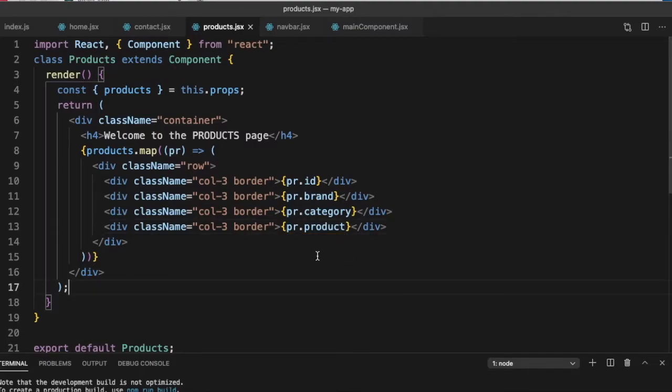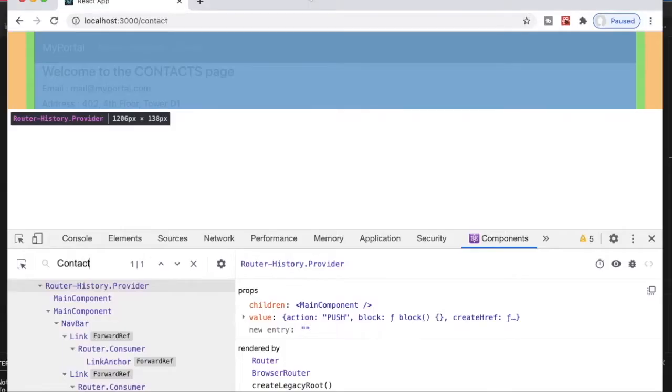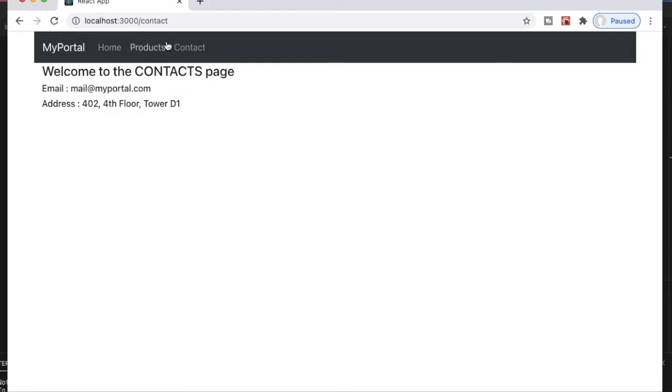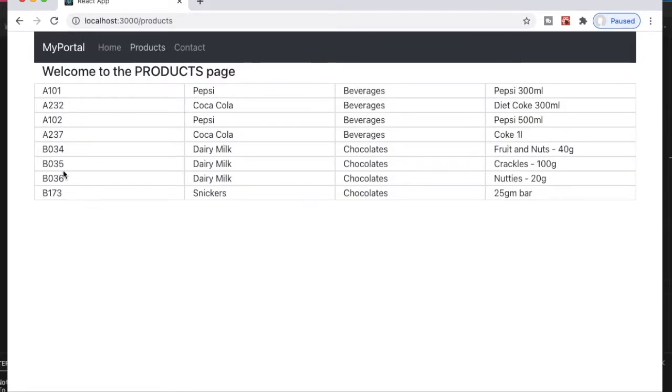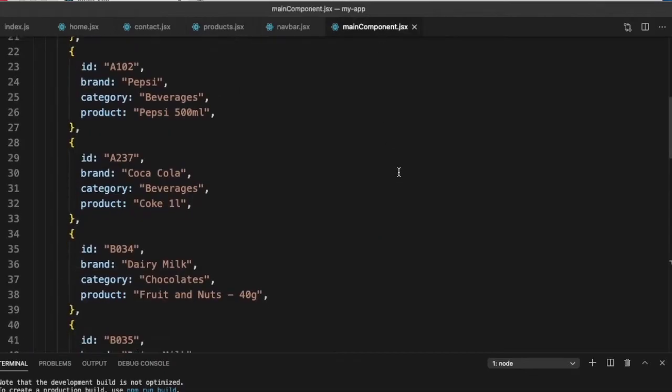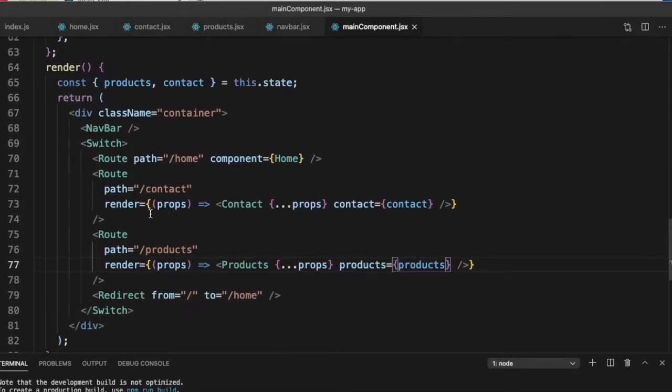So this should display the products in a table. Let's go ahead and test it. So if I go to products, I get all the products which have been displayed as a table. So we passed the custom props here in our main component to both our contact and our products.